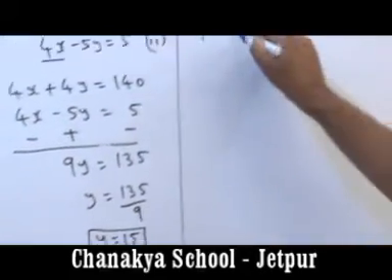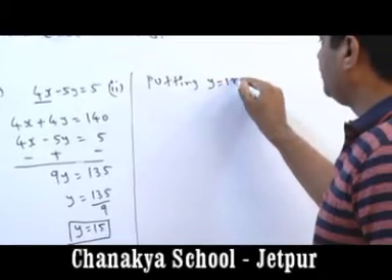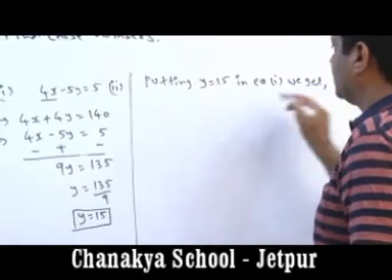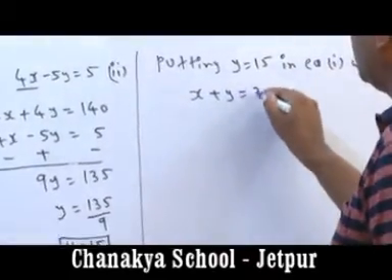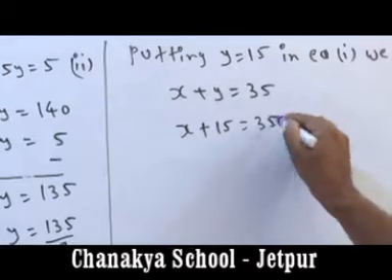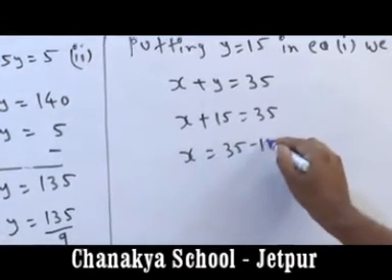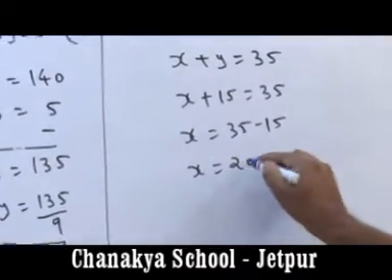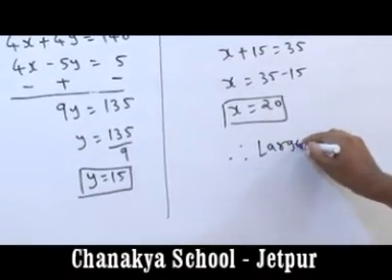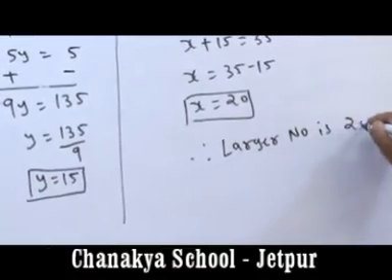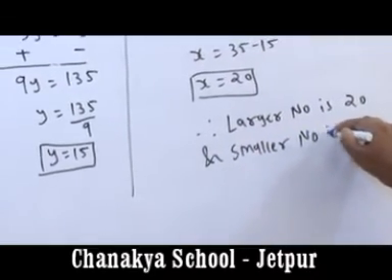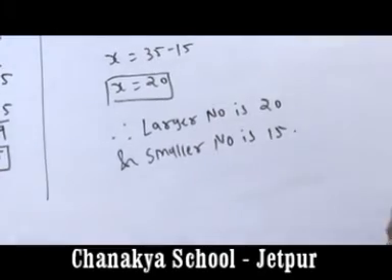Putting y equal to 15 in equation number 1, we get x plus y equal to 35. Putting value of y equal to 15, x equal to 35 minus 15, x equal to 20. Okay, therefore students, larger number is 20 and smaller number is 15. Okay students, here we are